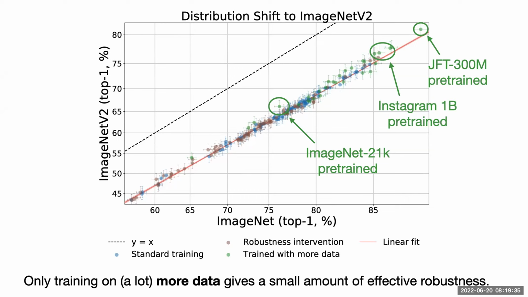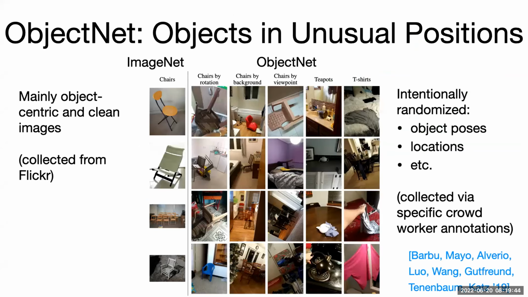The robustness interventions don't do much, but maybe there's something weird about ImageNet V2. So let's look at more data sets. The next natural benign distribution shift that researchers proposed is ObjectNet. This is from a team of researchers at MIT, and they set out specifically to make a harder test set, in the sense that they wanted to challenge how good the ImageNet models are on the object categories within ImageNet. And what they did was